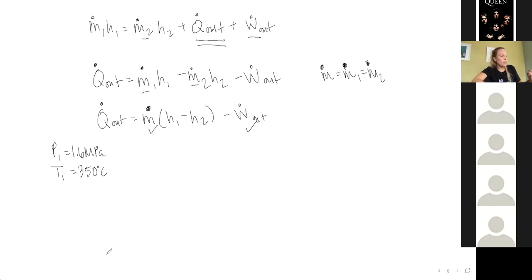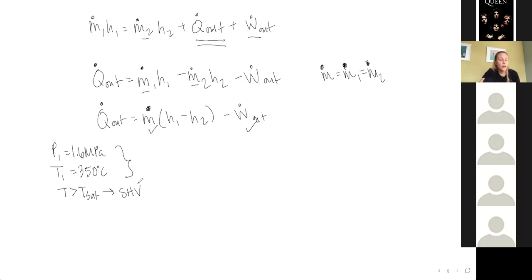So when we go to table A5 and look up 1.6 megapascal, which is 1600 kilopascal, it's not in here, but we can approximate our Tsat to be about 200 degrees Celsius, which means our temperature is greater than Tsat, which means that we are in fact a superheated vapor. So then when we go to the superheated vapor table at 1.6 megapascal,